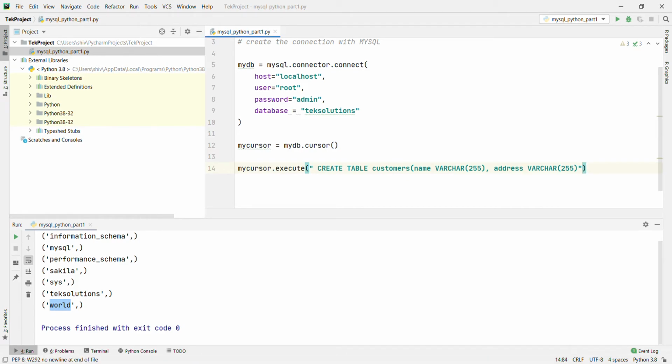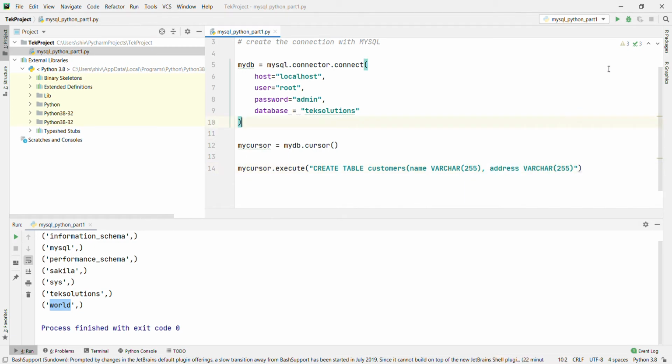Okay, when you execute this code, it is going to create the table under the tech solution database. Okay, and the table name will be customers, and the fields are this name and address, and the data type is varchar 255 for the name and varchar 255 for the address.